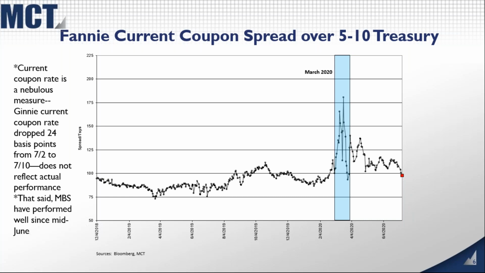For example, last week, the Ginnie current coupon rate dropped 24 basis points from July 2nd to July 10th. Now, Ginnies did okay, I guess, but did not do a 24 basis point tightening. What it reflected was the fact that Bloomberg, whose data I'm using for this, went from using the Ginnie 2.5 coupon to using Ginnie 2s. So you had this big, one-time disruption because the spread of the Ginnie 2.5 is very different than the 2. And those sorts of things tend to disrupt trying to look at MBS spreads over some extended time period.